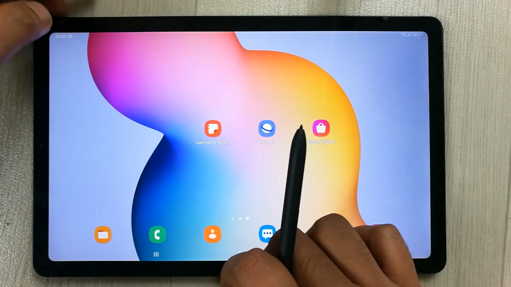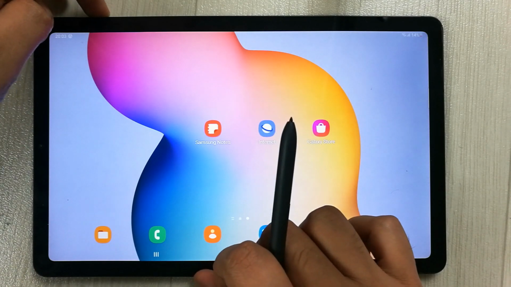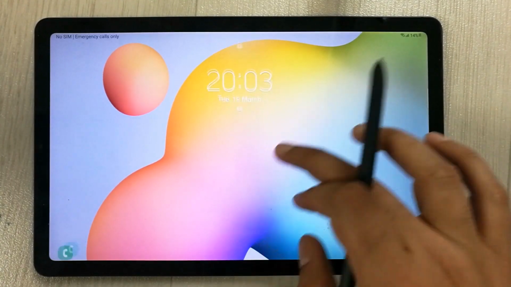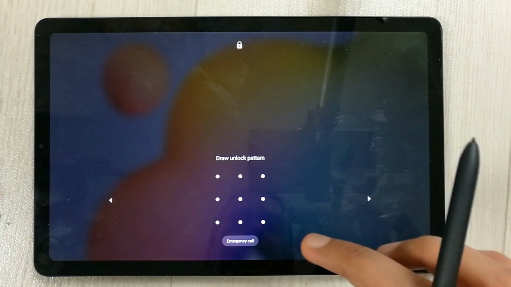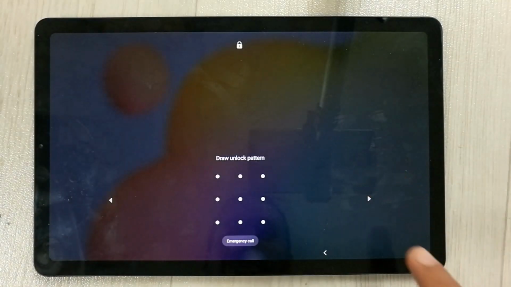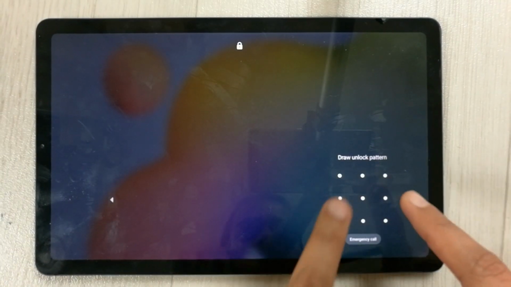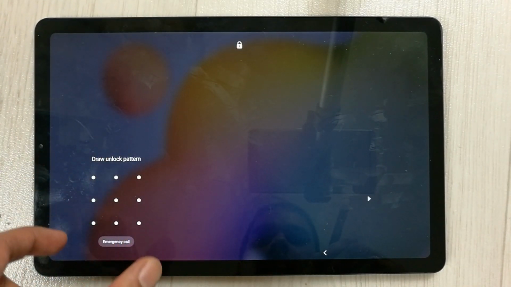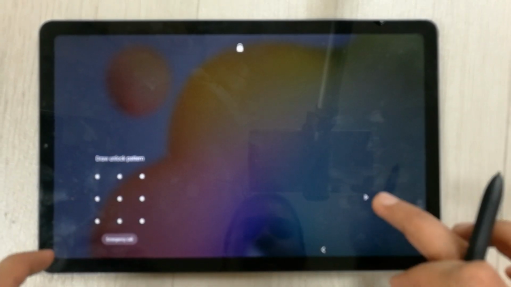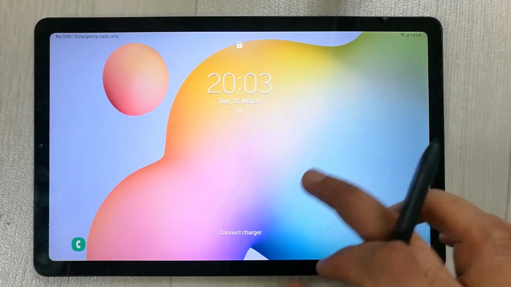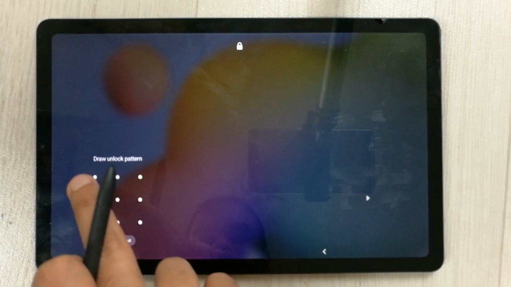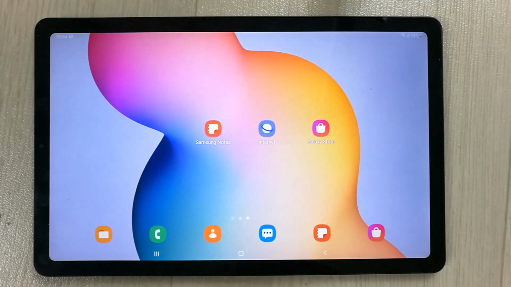The third feature that I want to show you is the lock tablet option. For example, I lock this tablet and then want to unlock it. Once I press it over here, the draw unlock pattern, you can move its position. Simply, you see the arrows over here. For example, I press this arrow and it comes over here. If I press it again, it comes over here. So you can change the position of the unlock pattern easily, guys. You can press it like this, or over here, and then access it like that.